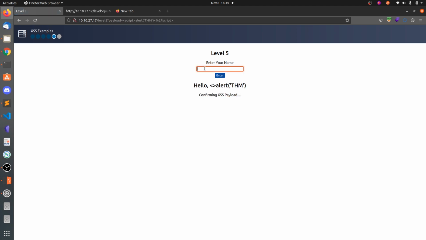Now we can see the script has been changed to empty space. So what you can do is include some capital letters instead of the p. So you can change this casing and hit enter.